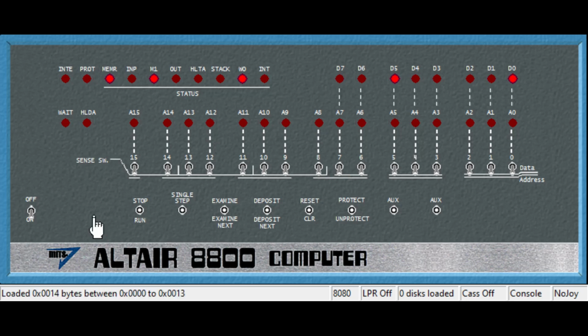Okay, that loads in the bootloader. Now I'm going to load a version of BASIC